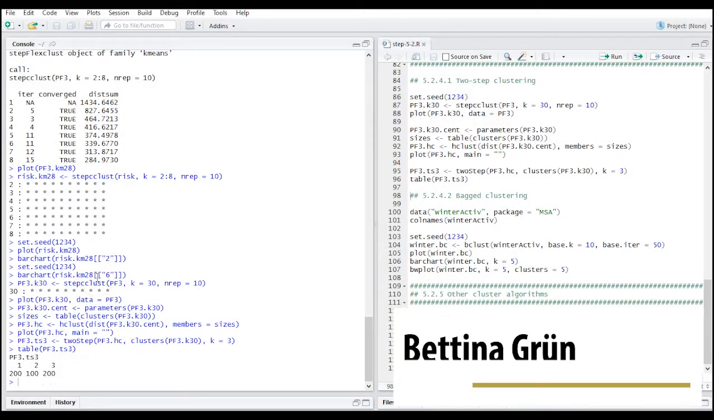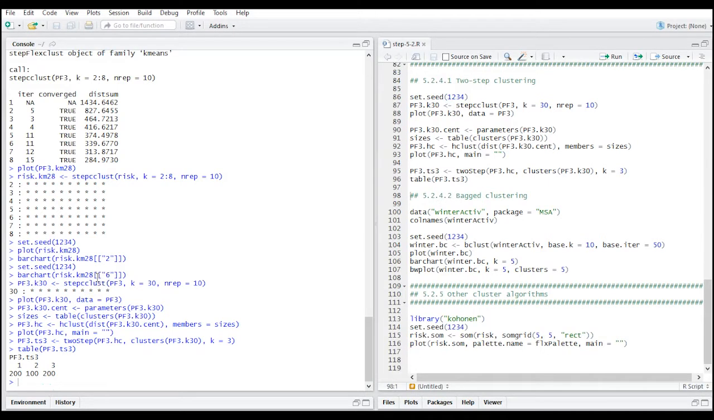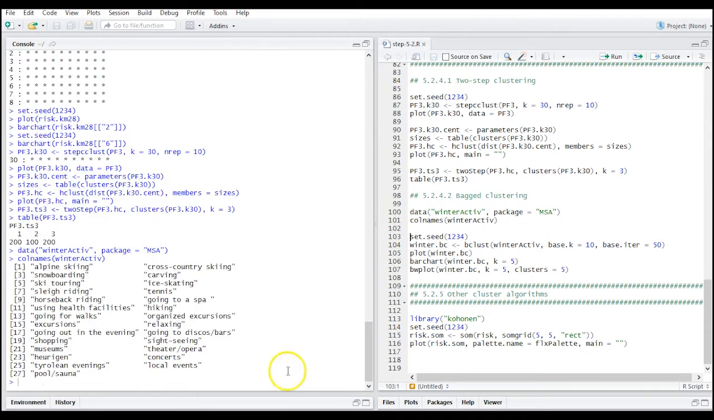Step 5.2 Distance-based methods. Next, we want to look at bagged clustering as a clustering method to obtain results, and we'll show that using the winter activity dataset, which is available in package MSA. For loading the data, you need to have the package installed, but then this can be loaded like that, and we look at which variables are contained in the dataset using colnames. So we see we have 27 binary variables in that dataset available, and we want to cluster this now using